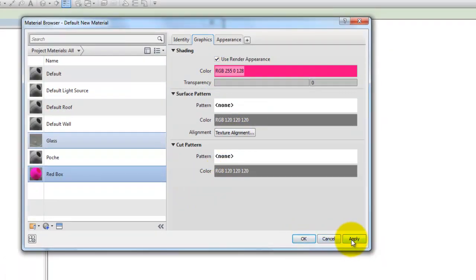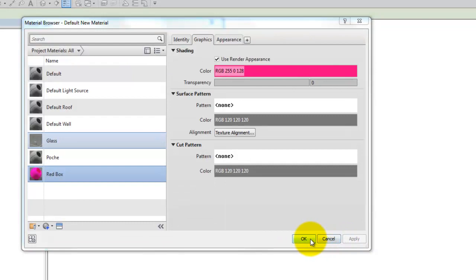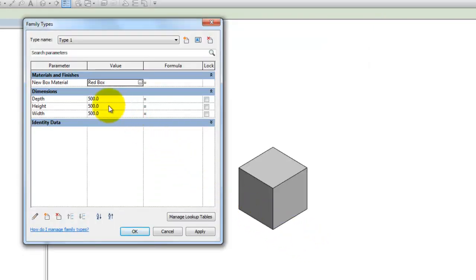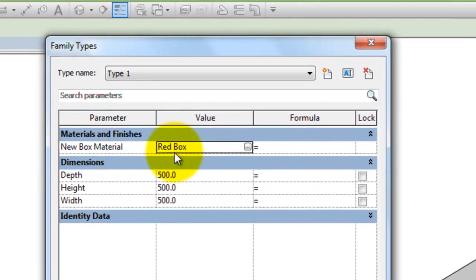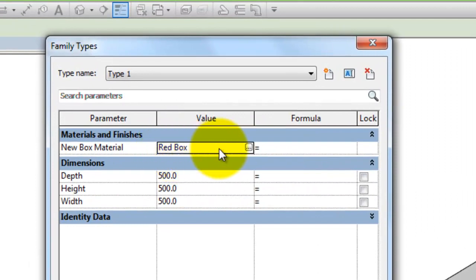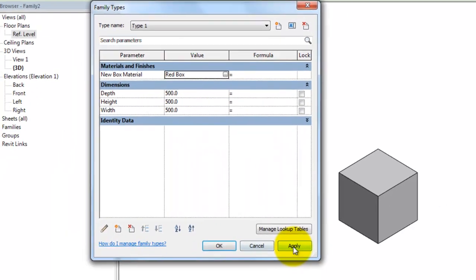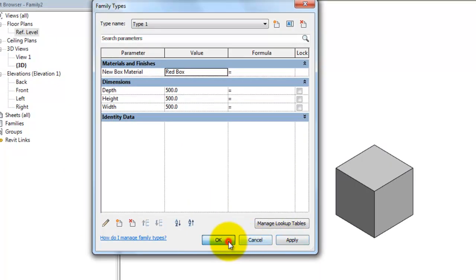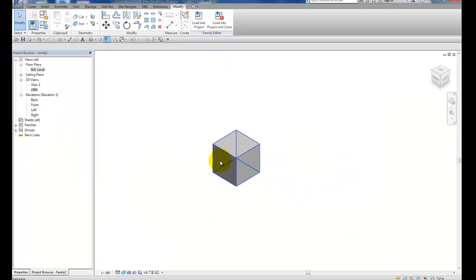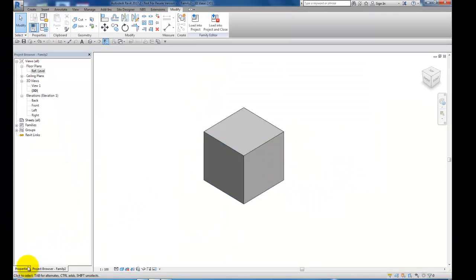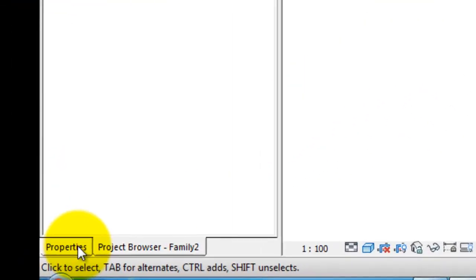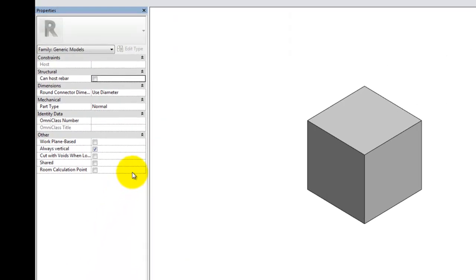So I'm just going to click Apply and OK to that, and you can see now that the new material says Red Box. Okay, and that's exactly what we want. So I'll just click Apply, I'll click OK. Now nothing's changed at the moment, so I'll just click down here on the Properties tab,